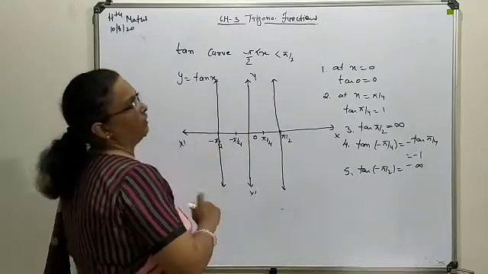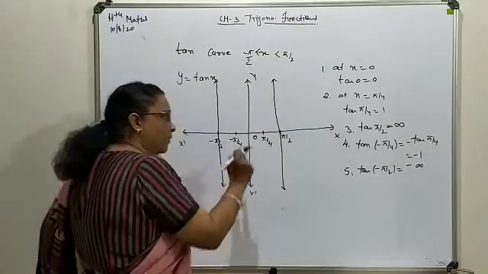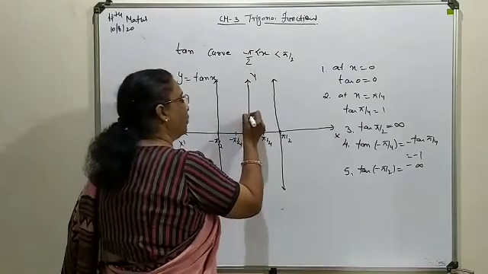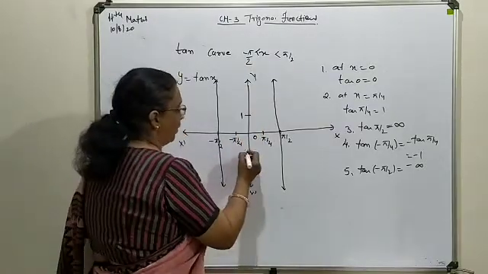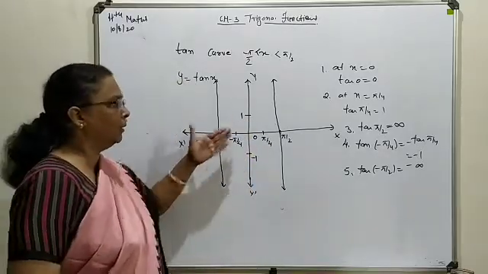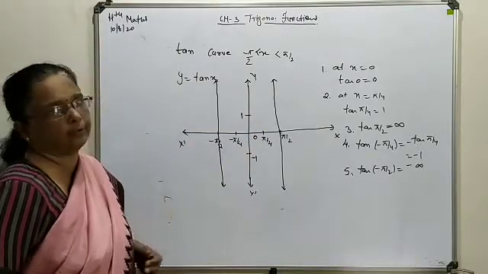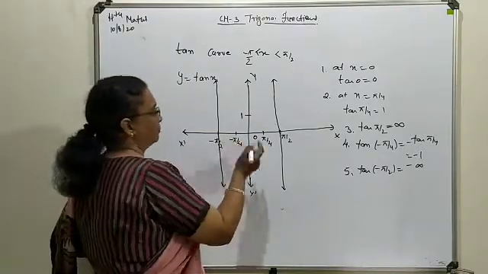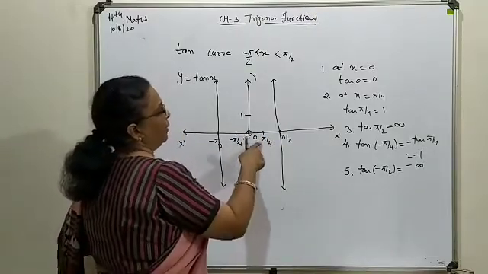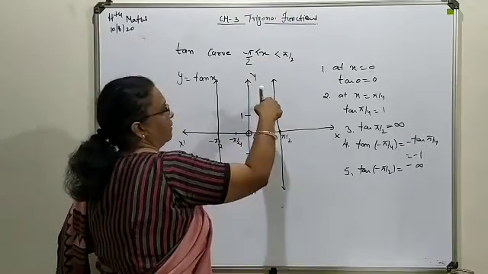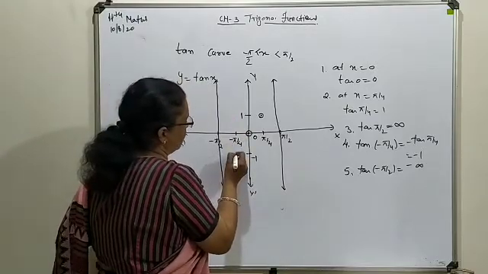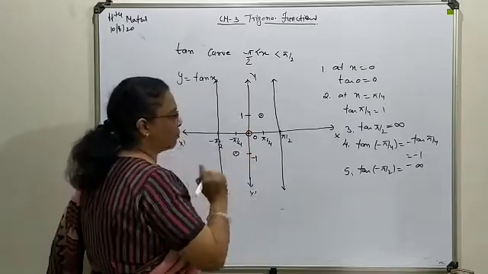Now let's start with 0, and it is symmetric about both sides, so on both sides we move at the same time. But before that, here we locate 1, here we locate minus 1. These are not the maximum and minimum values, but to get this 1 and minus 1 it will be required on the y-axis. Now with 0, it will be at the origin. At pi by 4, it will give you 1. At 90 degrees, it tends to infinity. Secondly, at minus pi by 4, it tends to minus 1. And at minus pi by 2, it tends to minus infinity.